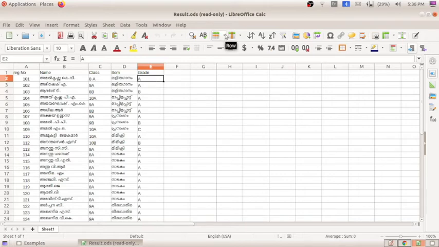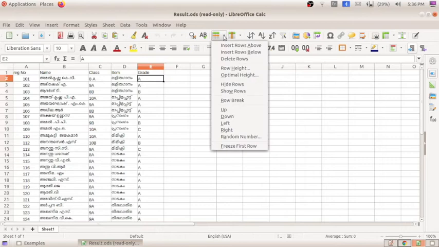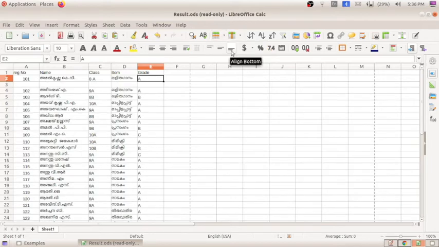Then you can see here row, column. Click here. They will be asking insert rows. If we want to insert a row above this cell, we can do that. If we want to insert rows below the cell, that also we can do. So now I am clicking on insert rows below. So now you can see a new row came. Clear? So this is the new row which we have created now.